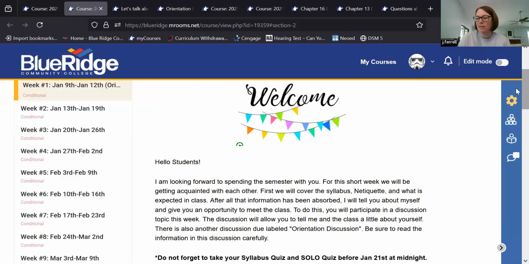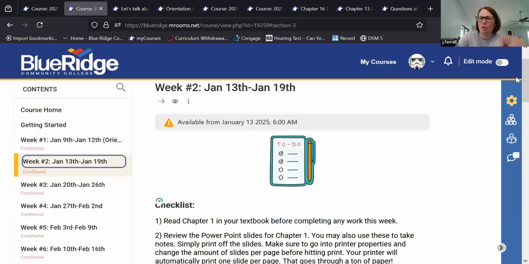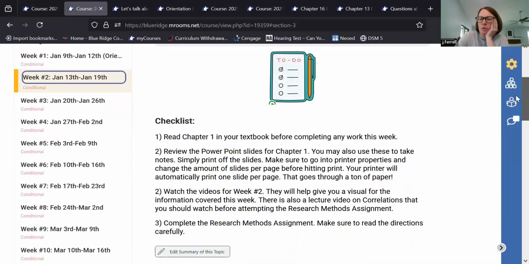The rest of the semester, I make sure that my classes are set up the same exact way every single week. Now they have different content in them, but if we poke at the next week, I have this little box that we have at the beginning of every module. That's where I put a checklist, and I just consistently have the same little image of a to-do list. And you can do alt text on this very easily. You put it in, you say it's an image of a to-do list with a pen,